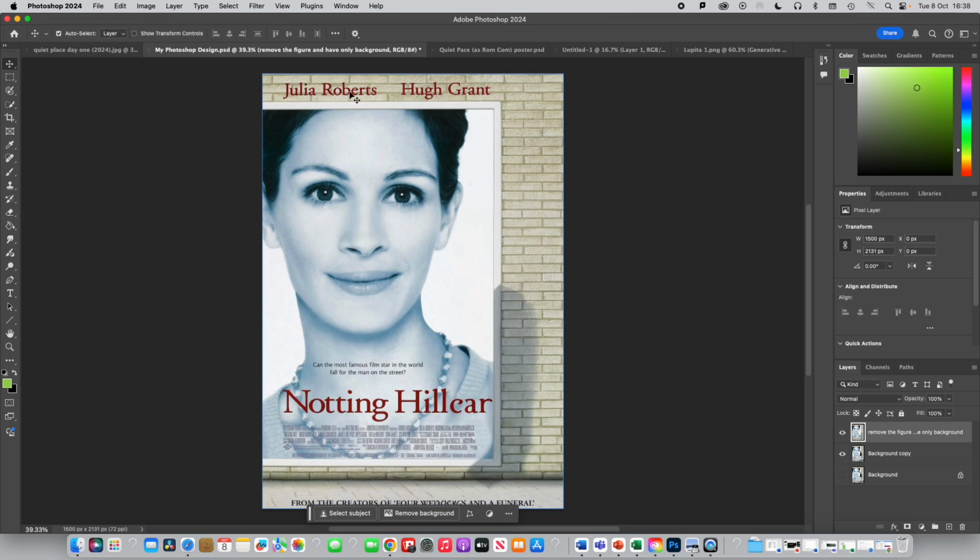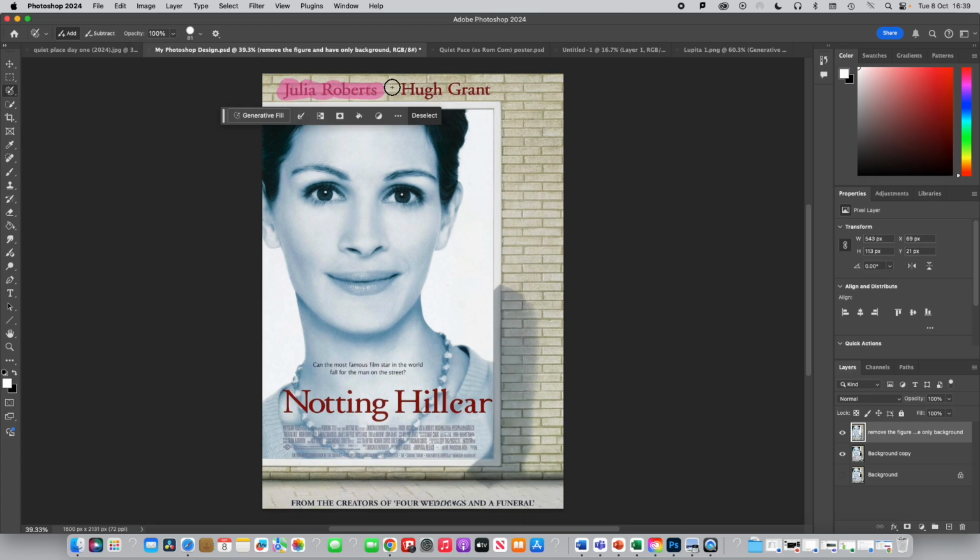So I want to get rid of Julia Roberts and Hugh Grant's names up here, and I may also want to get rid of, actually, I don't want to get rid of the name of the film. It's called Notting Hill Car. It's a bit strange. But I do exactly the same thing. So my selection brush is too large. Can you see it's too big? So I'm going to make it much smaller to do this, because I want it to be a bit more precise. But it's exactly the same